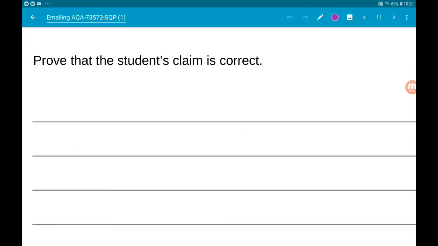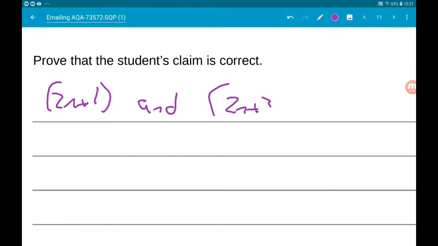Okay, then for part B and for 3 marks we want to prove that the student's claim is true. So, two consecutive odd numbers. Let's first of all work out how we could write those down. So, if our first odd number is 2n plus 1, then the next odd number is 2 more than that, so it's 2n add 3. So 2n add 1 and 2n add 3